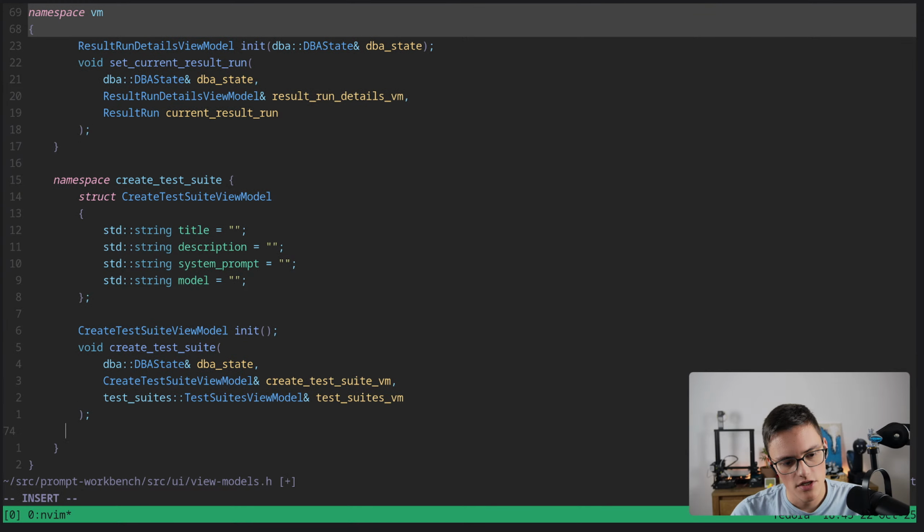Okay, so essentially here, is that a header file? Yeah, that's the view models header. I will do the function definition here. So we'll have validation, validate,